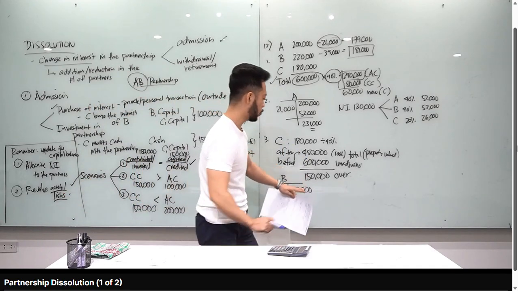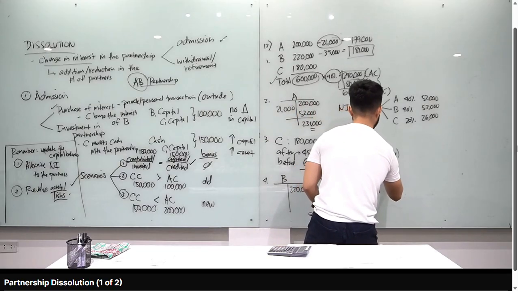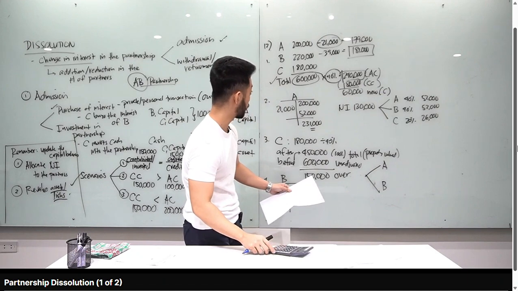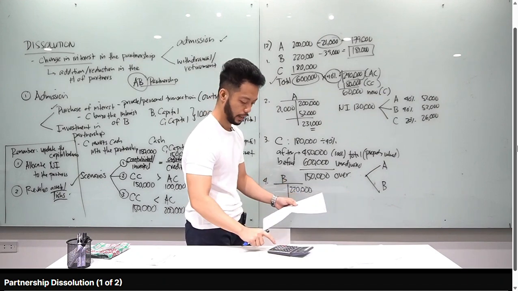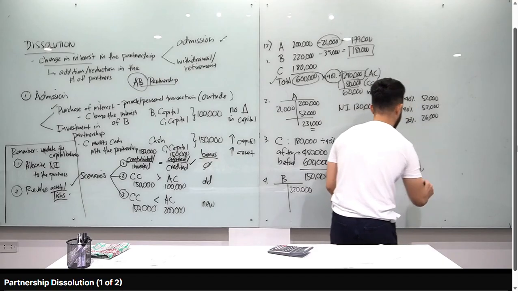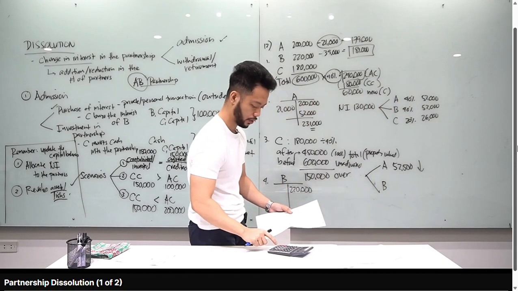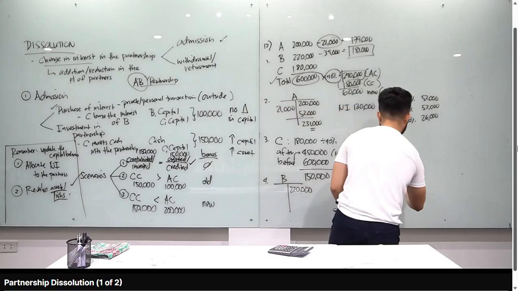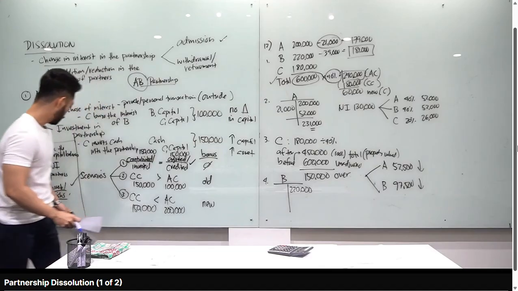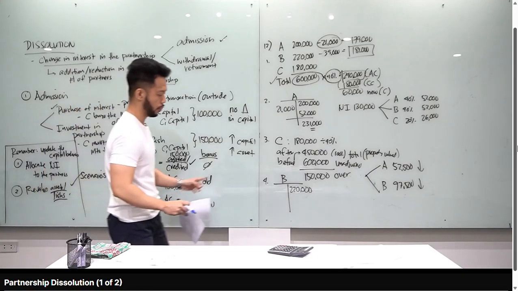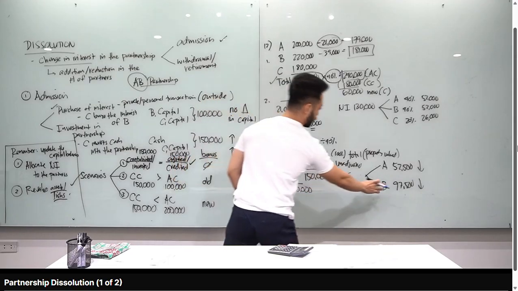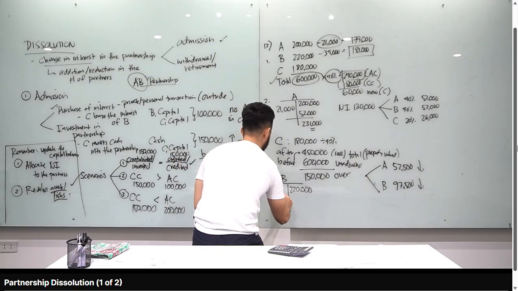And then, before natin i-admit si C, sabi ko kanina, kailangan i-adjust mo muna yung assets and liabilities. Since overvalued tayo ng 150, allocate mo muna yan to partners A and B. 150,000 times, ano yung P&L ratio nila? Yung old P&L ratio nila, 35-65, tama? Times 35%, 52.5 yung kay A, kailangan ibaba mo yung capital niyan, de-debit mo. Okay? 150,000 times 65%, 97.5 naman kay partner B. Okay? Silang dalawa lang. Because sabi ko kanina, mag-revalue ka muna before accepting C. So therefore, si C dapat wala siyang share sa over-under valuation.